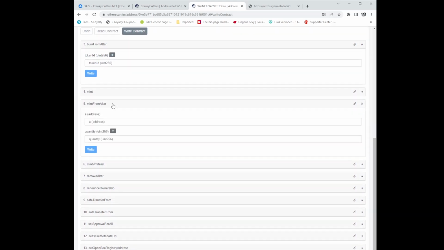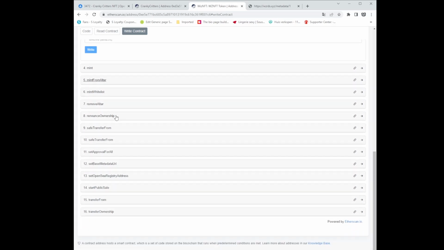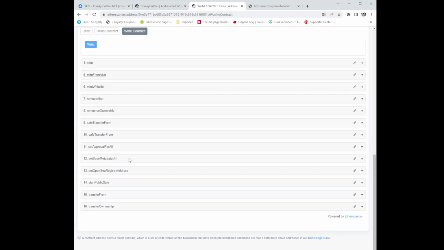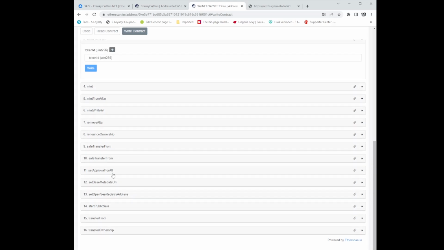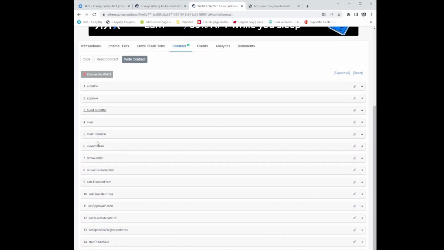Mint from altar, I'm not sure what it is yet, because I hold a wizard, but I'm not really involved in their community. Other than that, not a lot of secrets coming in this contract. Of course, they can still add features from a different contract, but